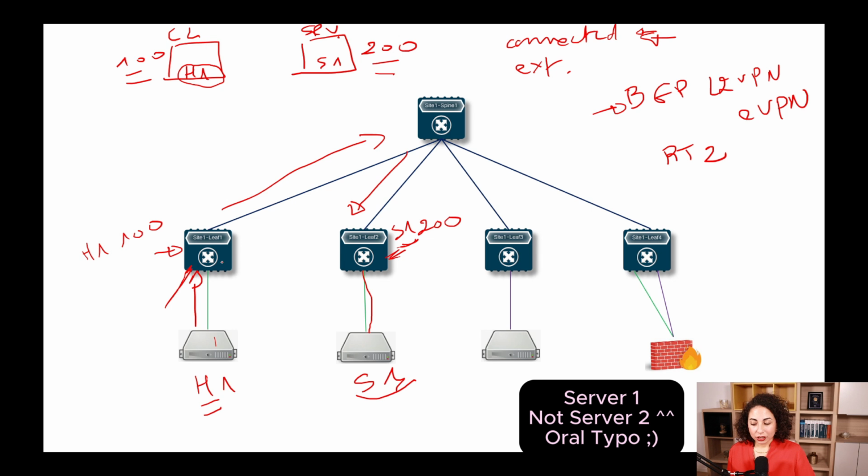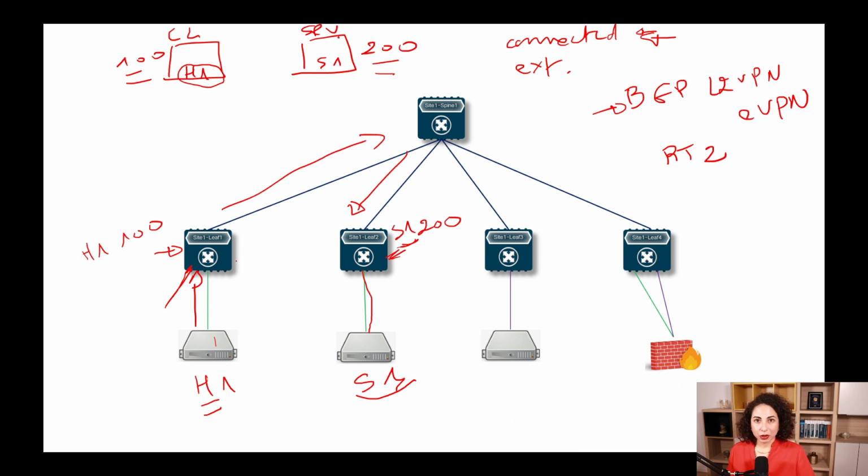leaf 2. Now, again, let's assume that we have a situation where leaf 1 does not know the security tag that is applied to server 1. It only knows about the security tag that corresponds to host 1. It means that leaf 1 is not able to enforce the security policy. If you remember some slides ago, we were speaking about the enforcement point. Ideally, we would like to make leaf 1 an ingress enforcement point. But again, here we are assuming a scenario where leaf 1 does not know the information of the security group